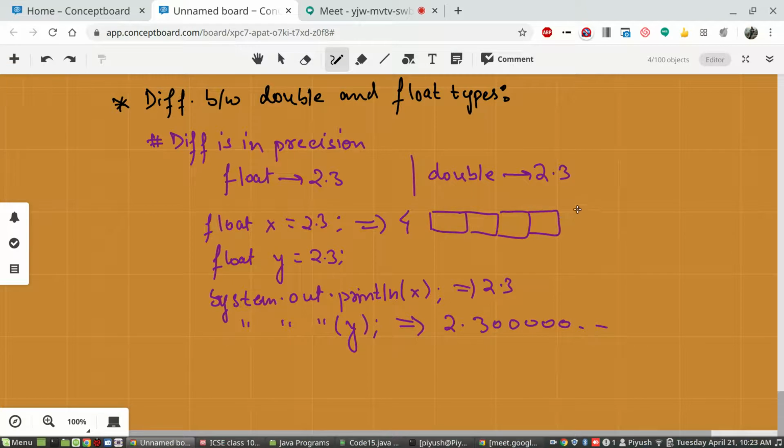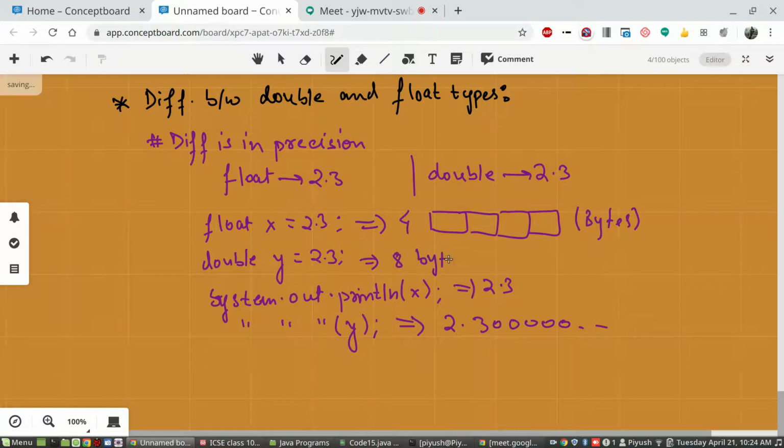Then to store the same value, if you are using the double data type, oh, I made a mistake here, I wanted to write double here, that will consume 8 bytes or 8 blocks of memory.